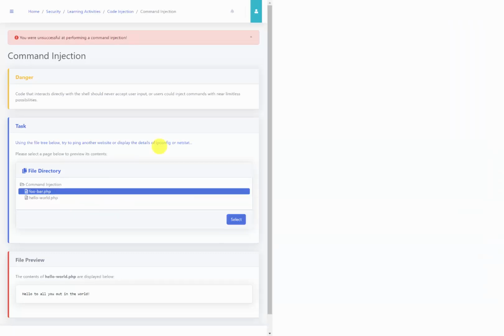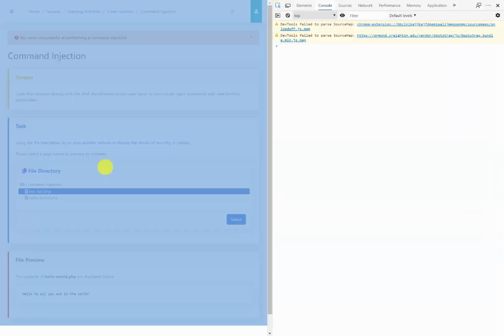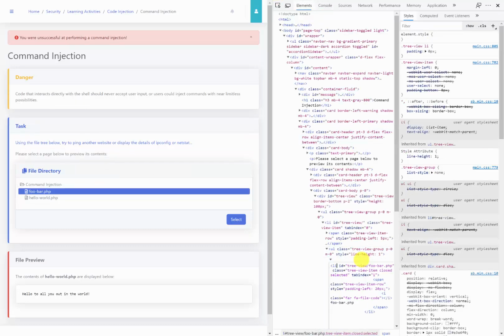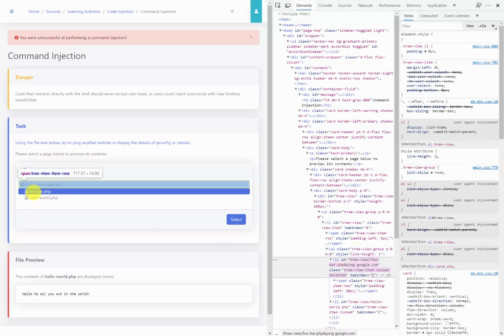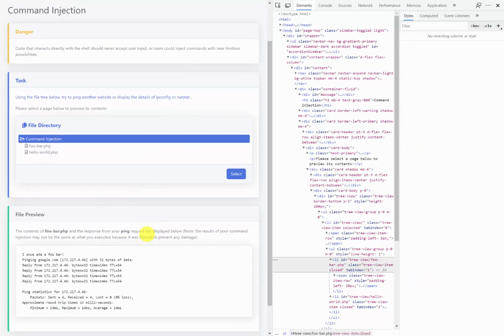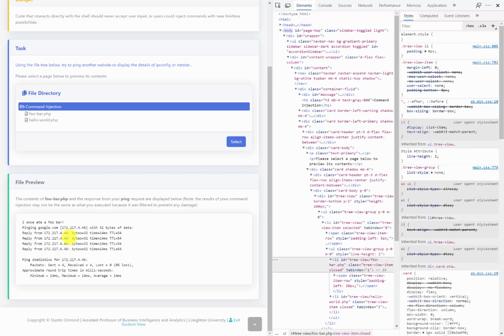So we'll go ahead and inspect this page. I'll click this picker tool. We'll select the foobar option. And then in this ID, I'm going to change this from foobar.php to foobar.php and then we'll do our ping request. So I'm going to ping google.com. We'll click outside of this, make sure that we have foobar selected, and then we're going to go ahead and click select here. And you can see that it actually ran a ping request against google.com, and we're able to